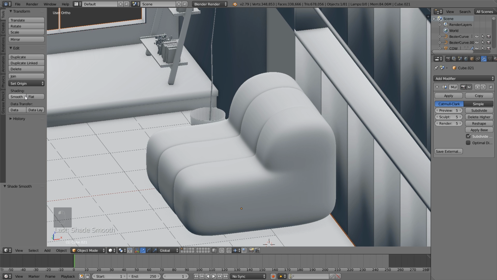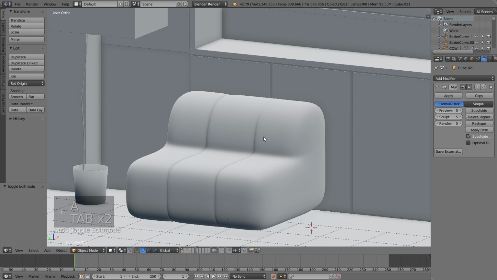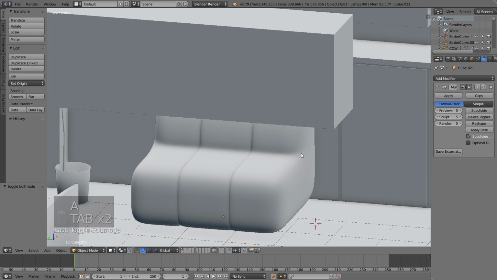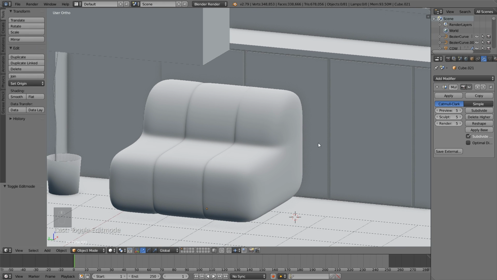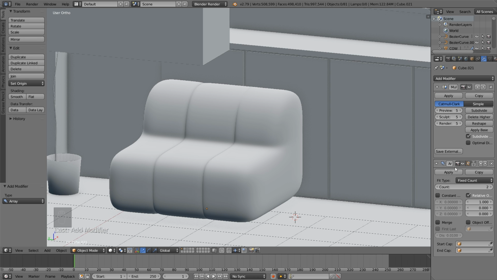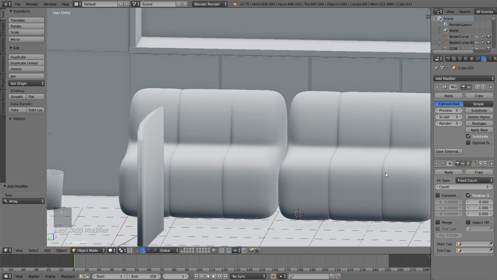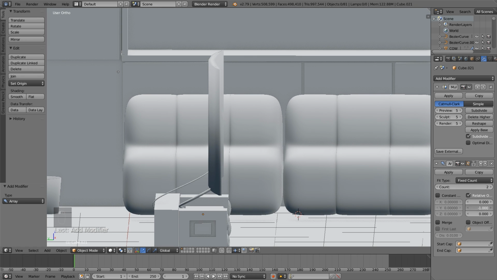And I'll choose smooth shading. Whoops, make sure you have the right object selected for that. Okay, so now we have our couch, and it looks a little rounded, so we're going to have to do some sculpting now. I'm also going to add an array modifier, and I'm going to change it to be along the negative Y here, and I'll change this to 0. I believe this is the Y. Yeah. So change it to something like -1 or just under, so negative 0.98 maybe, so they're a little tighter